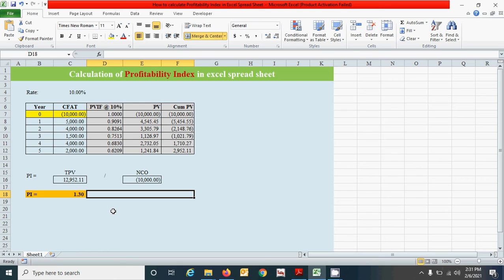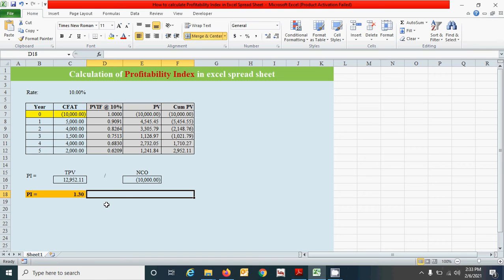1.30 is our profitability index, meaning the project should be accepted. Based on the profitability index, we can make the decision by using three parameters. First, when PI is greater than 1, our net present value is positive, hence we should accept the project.